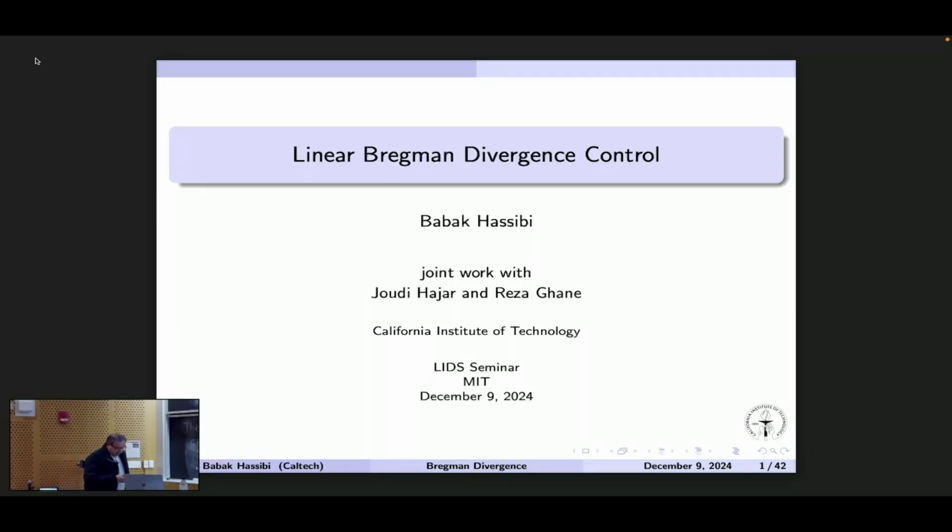We'll get into the details in a moment, but it's something I've been thinking about for quite some time in terms of how we could, or how is it possible perhaps to extend some techniques that are very classical in control theory to maybe a wider range of applications. And so let me get into that.